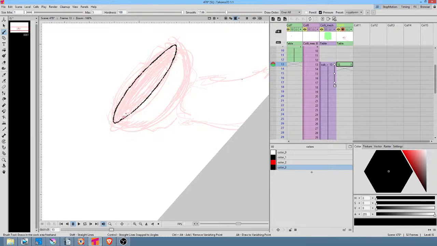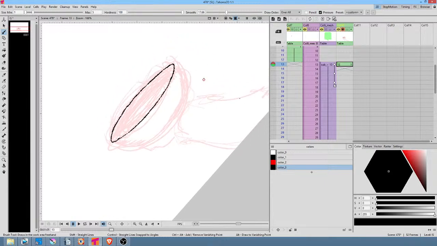Okay, so you can see what the inherent flaw. And by the way, for me, it's a big one. Okay, the inherent flaw in Tahoma, as far as I talked about this a little bit yesterday. One of the reasons why I like doing most of my drawing and painting in Krita. The reality is that the hand and with the bowl that I'm drawing right now, I probably should be drawing in Krita. But here's one of the flaws that leads me to favor Krita for drawing. No matter what you do in